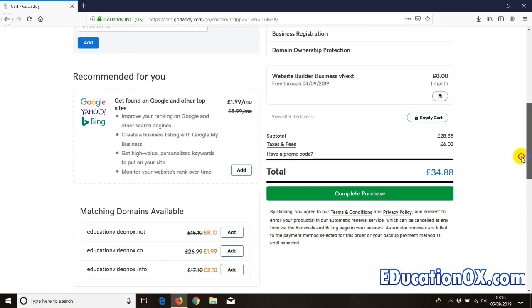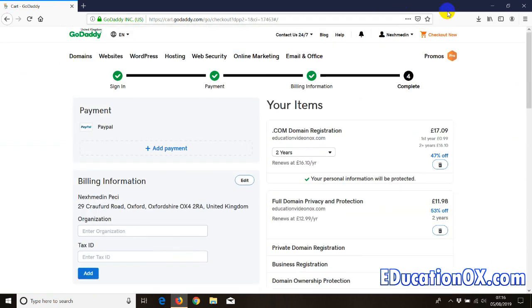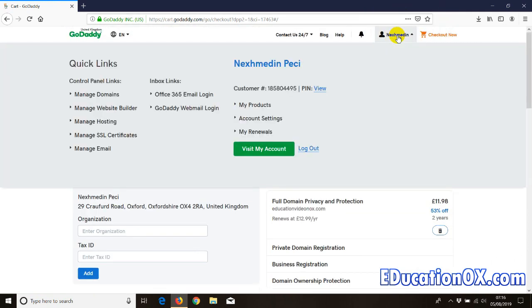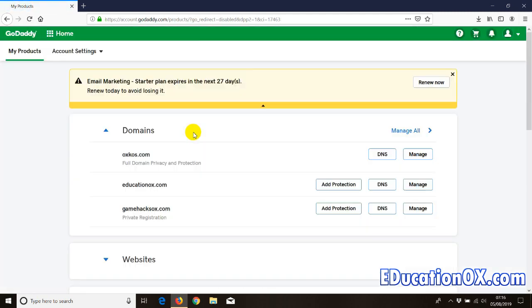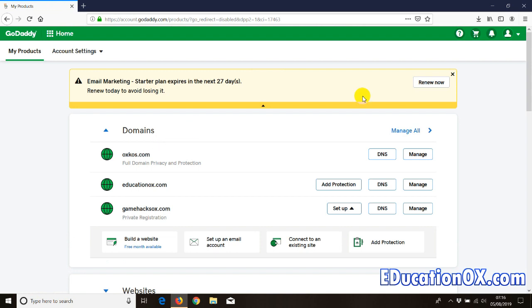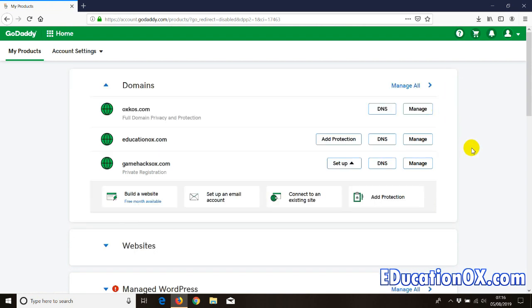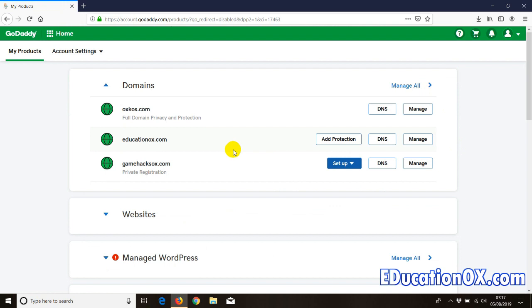Later on you can have your hosting, so if you buy a domain now, later on you can add your hosting as well. So once you do all that, now I'm just going to go to my account. So visit my account, because I don't want to proceed and buy a new domain, but I just want to show you how it works. So in here, let's just go and set up. Once you have bought your domain and everything else, we need to set up now. So just click on set up,